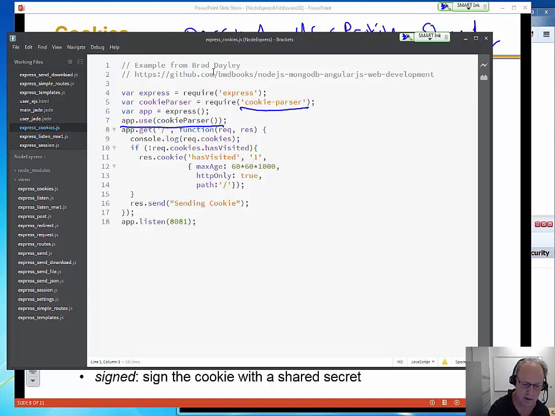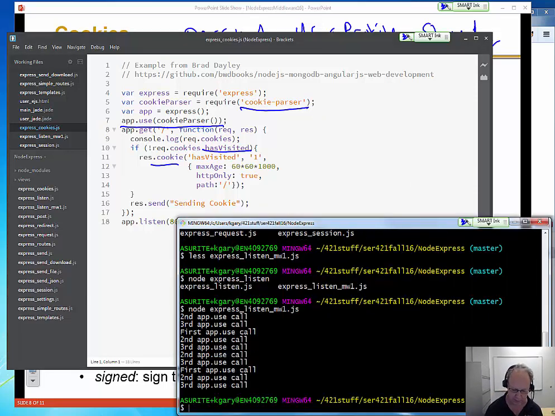Notice what this does in here. It's going to check for a has visited, and if it hasn't been set, it's going to turn around and set it on the response, so you'll see it the next time. So if we actually stop this one and run node express